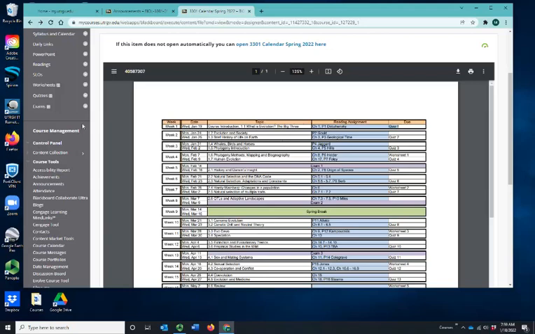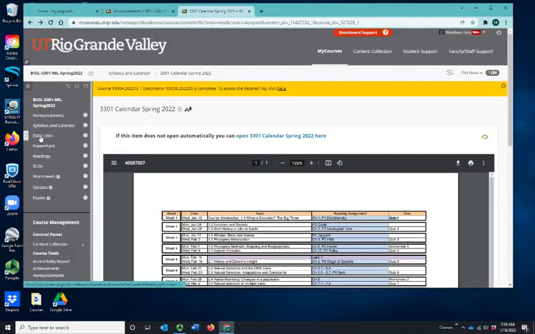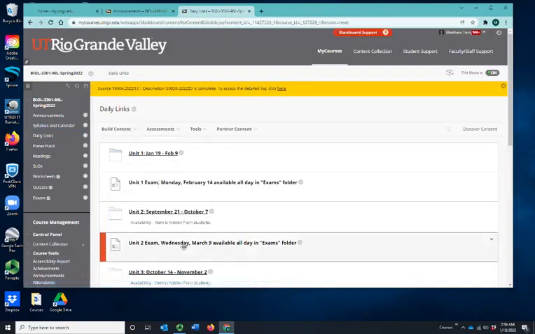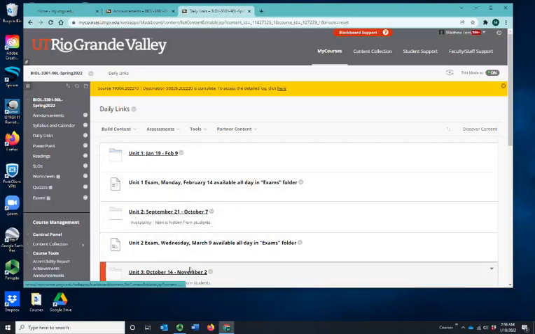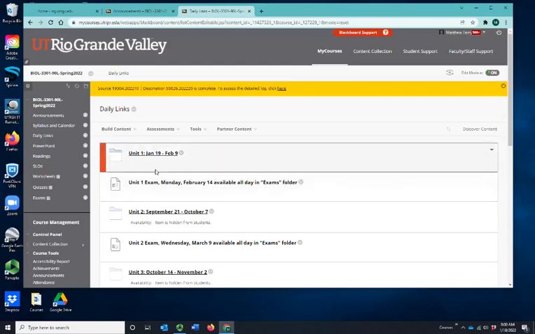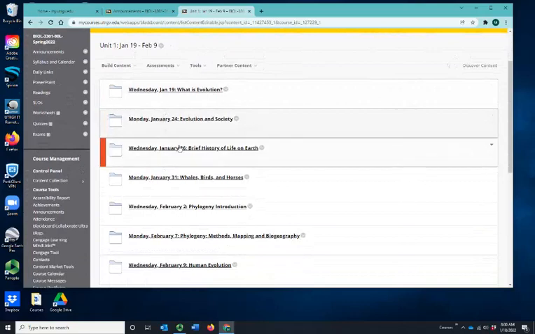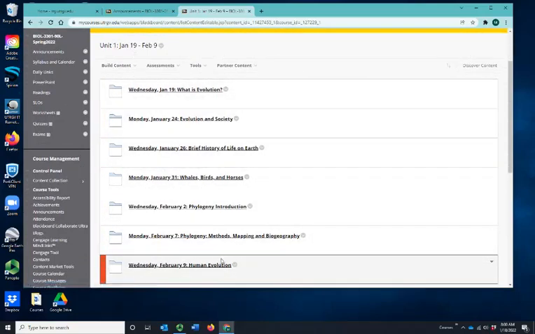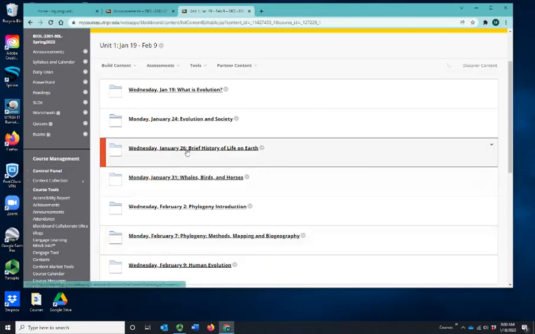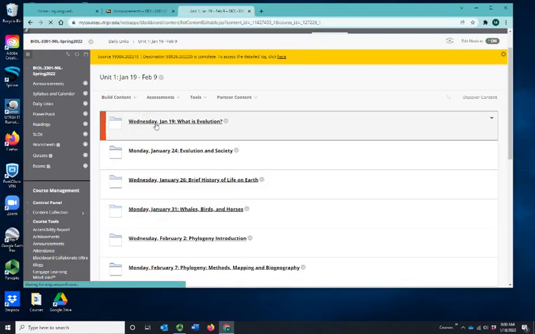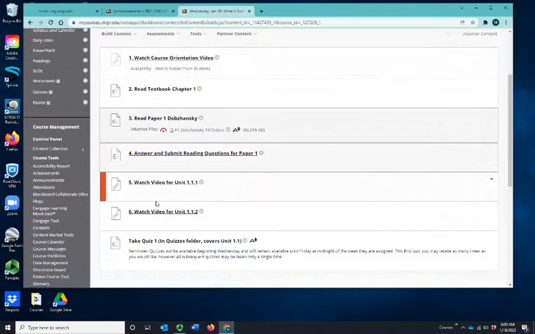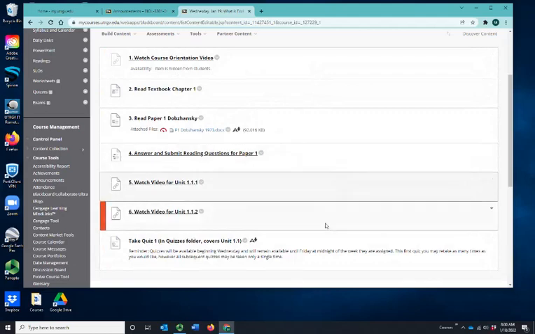In addition to the calendar, you also have a very important resource right here that says daily links. Now, I'm still updating dates from last semester, but I've got the first unit completely done and all the exam dates in there, which are just reminders of those exam dates. For unit number 1, we've got a link for every single day, Monday and Wednesday. Again, it's an online course, but I think it helps to keep things organized. We'll treat it as if it was meeting on Mondays and Wednesdays. So here, on Wednesday, you have a nice list of everything that needs to be done, which corresponds to what's on the calendar